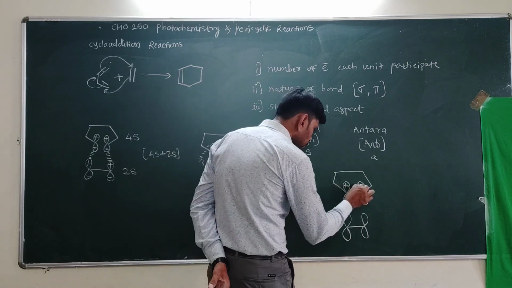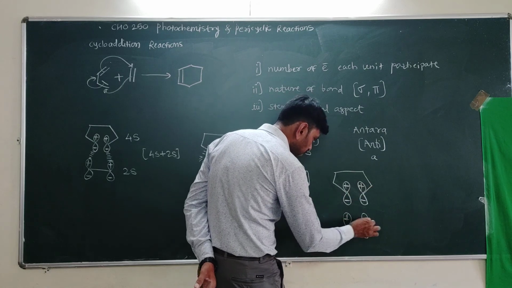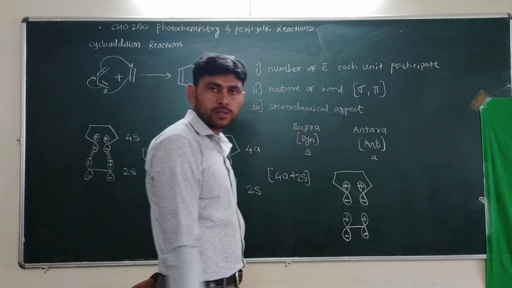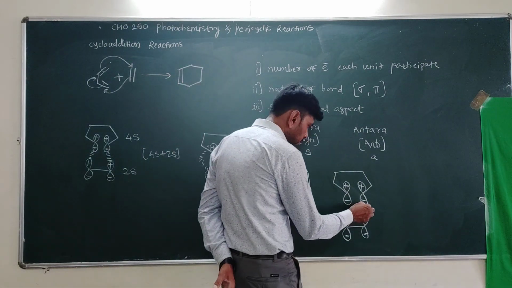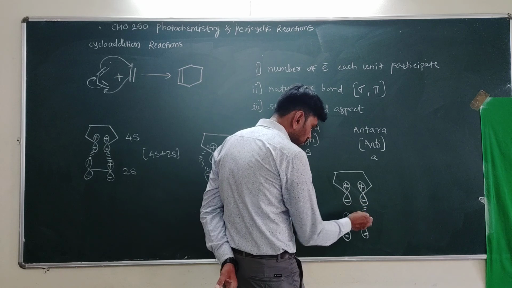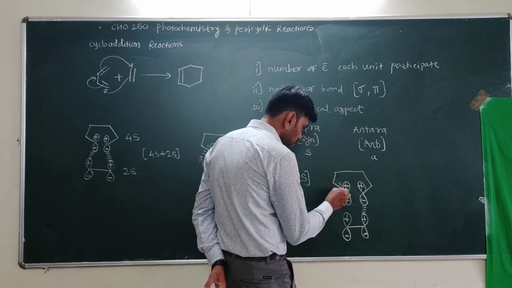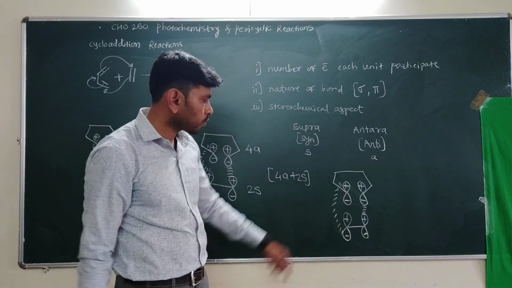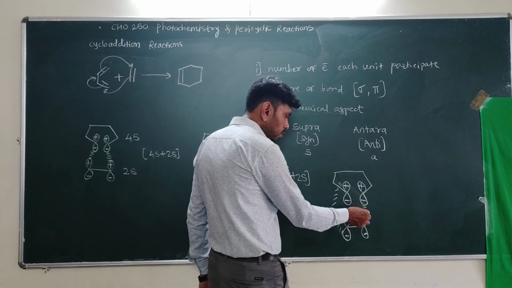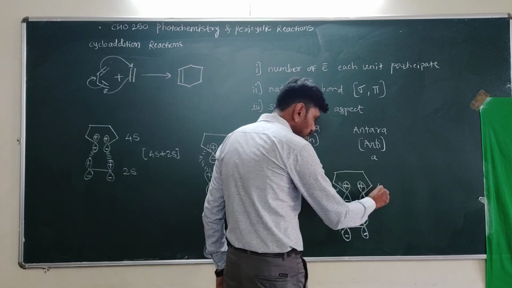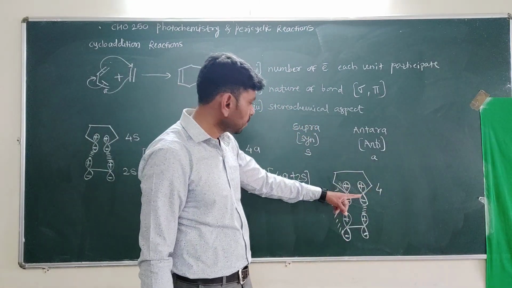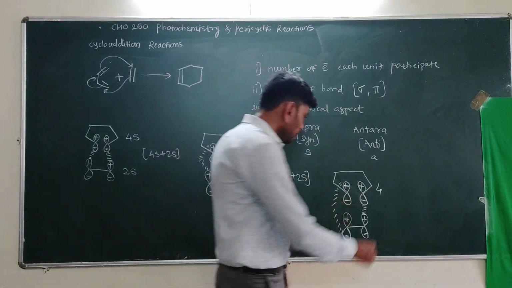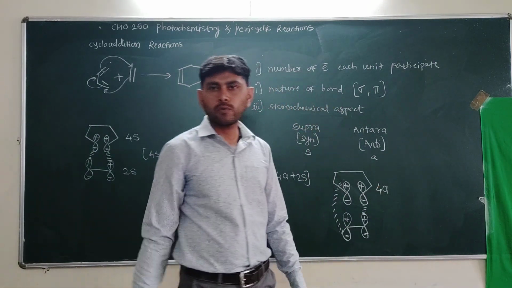Now this plus, minus, minus, here we are taking the first orbitals. So when such type of overlap is there, what happens to this overlap? A 4 pi electron system, this system has one above lobe, one below lobe. So we call it antarafacial, 4a.